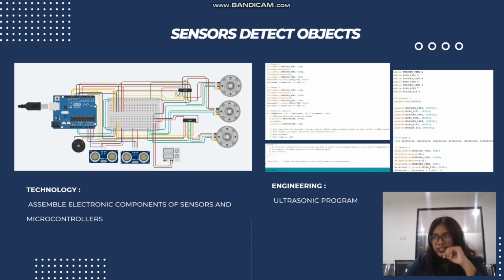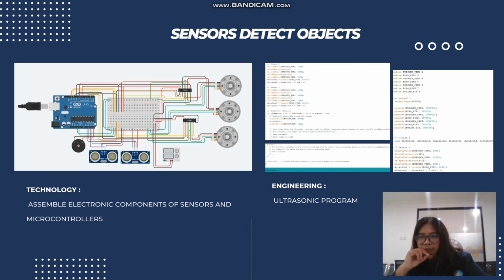Void setup is a part of the program that will run only once. It talks about serial begin, which is like communication, the data transfer and communication between the computer and the Arduino. And here in void setup, it talks about pin mode. Pin mode is where we set the input or output of the echo and trigger.